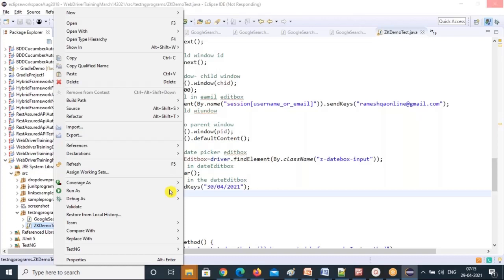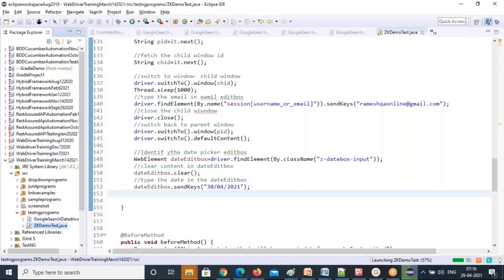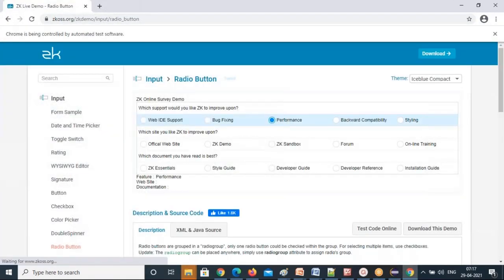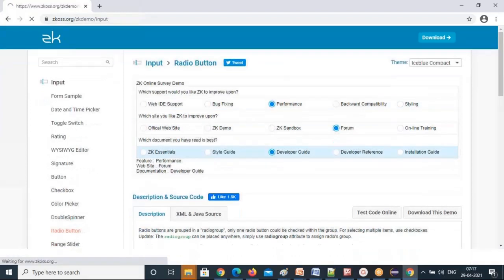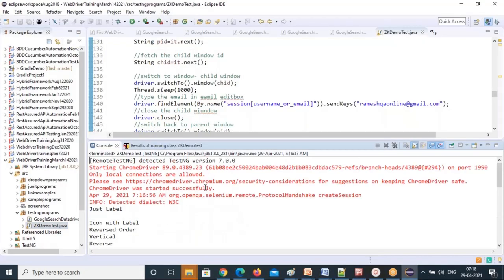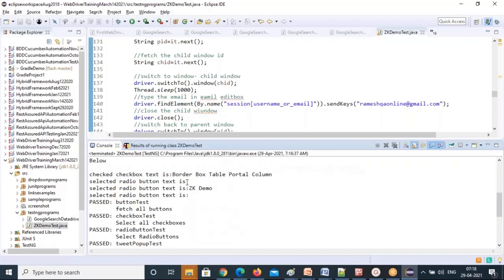You see that all the FAQs you practice on this program. All the FAQs, different FAQs are there, right? You practice. So what will happen? You see that. Run the test. Now checkbox is executed. First button, now checkbox. Now going back, now radio button is selecting. So radio button is selected. See that all the test cases are passed. So all the test cases are here. Radio button text, this it isn't fetching. That means, so why is it not fetching? We need to think about this. Select a radio button text, we are not fetching.